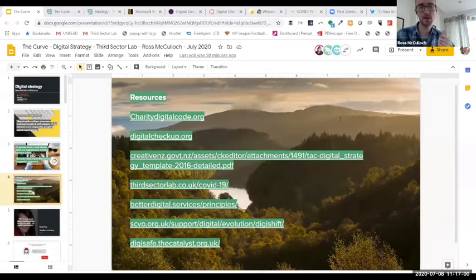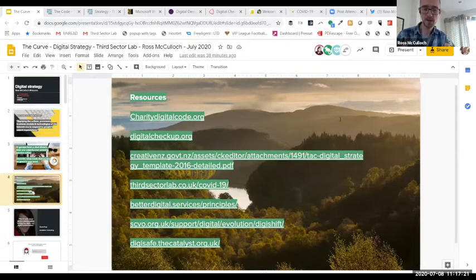So in terms of thinking about how you use data as a decision-making tool, understanding the skill set of your staff, there's a whole range of areas in there, a really useful starting point. Third one down, we're going to talk about this as a concept. This is from Creative New Zealand. This is a really simple digital strategy template that you can use. You can download the PDF and use it when you're creating your own.